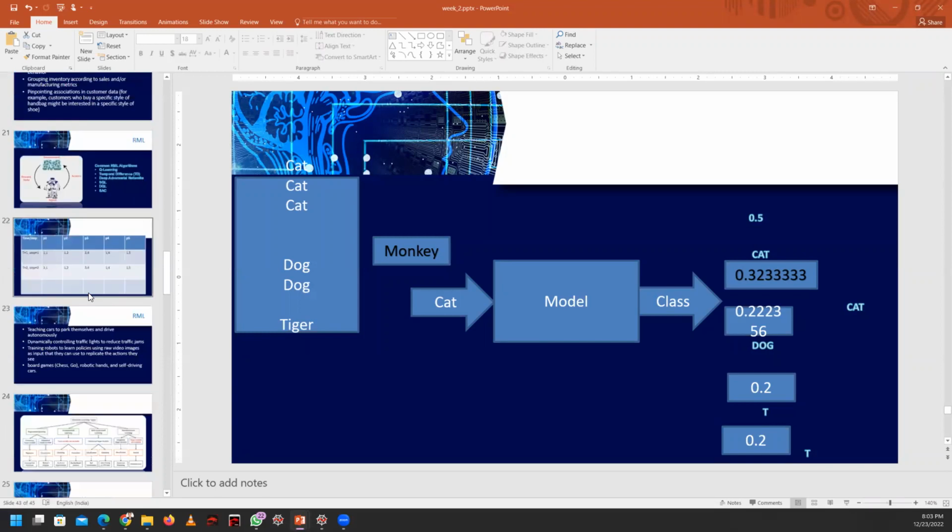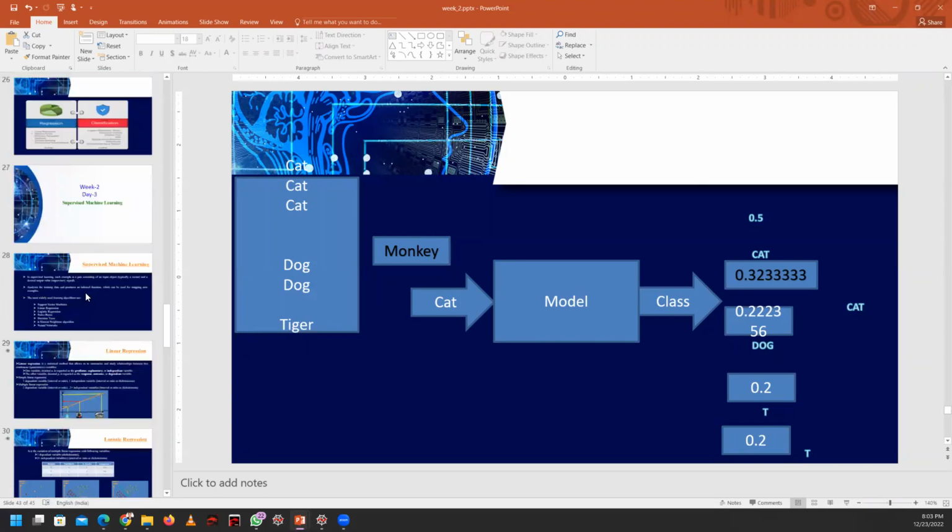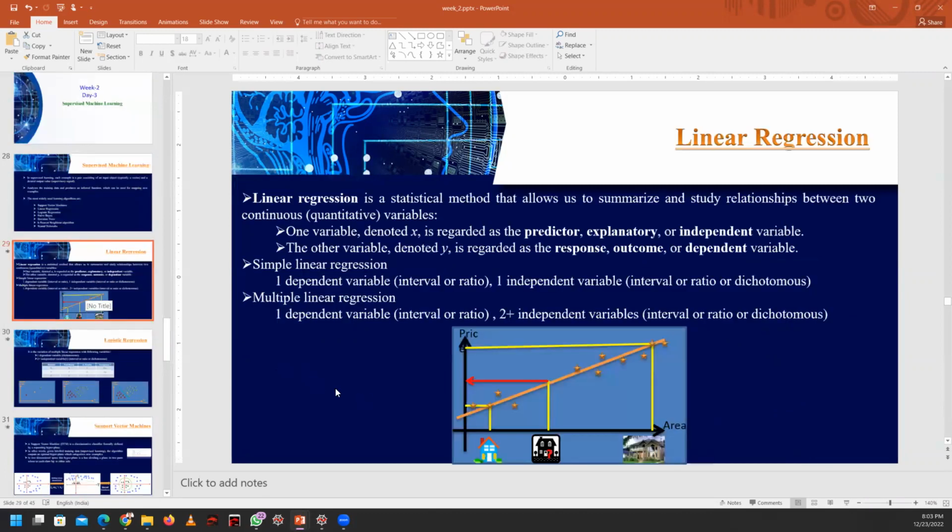Can anyone explain how this will work? This linear regression? I have taken an equation y equals mx plus c, and I explained that the work of the algorithm is to identify the slope and the bias of this particular line in order to fit all these points. Initially we don't know the exact values. Okay, let me go to the presentation mode.